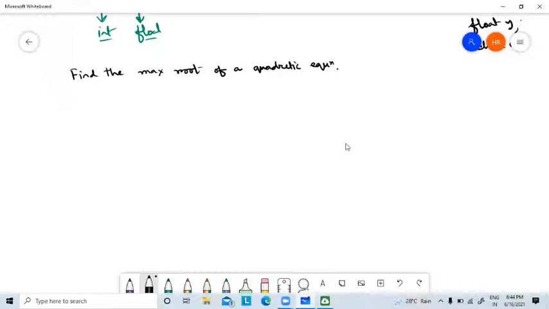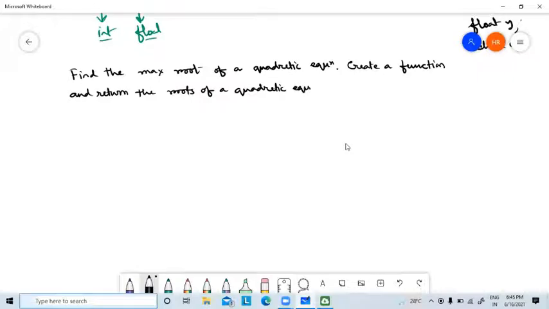Now remember, in this problem, create a function and return the roots of a quadratic equation.